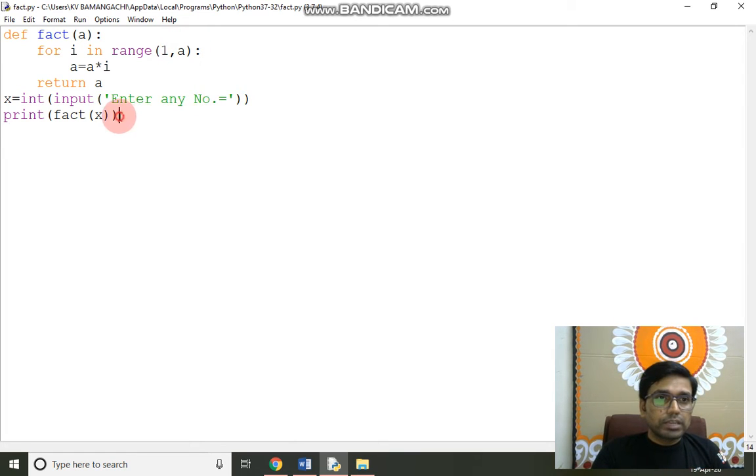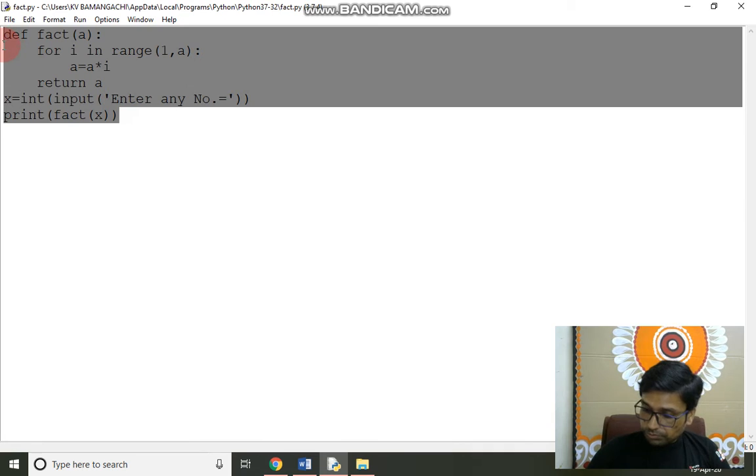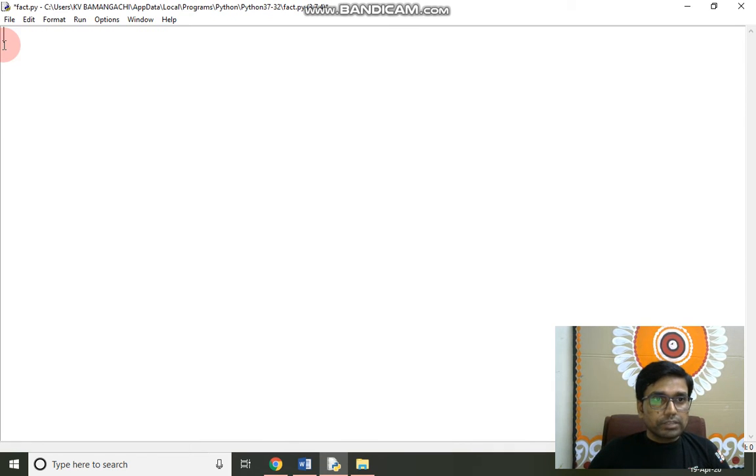Now we come to another example, which is the Fibonacci series. As we know that the Fibonacci series has two first terms 0 and 1, and we want to print a number of Fibonacci series terms in a list. So to do this we have to define a function fib, and the argument will be n, the number of terms which will be displayed at the time of execution of the program.